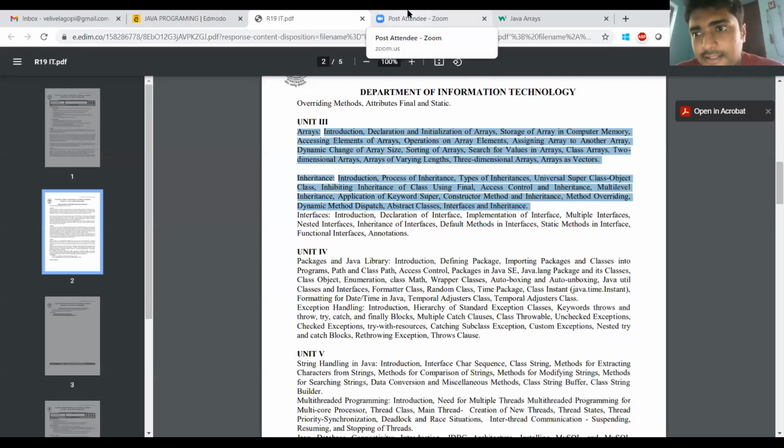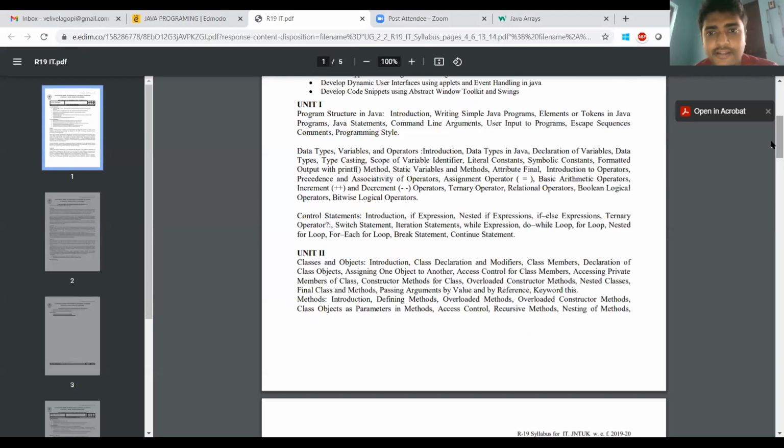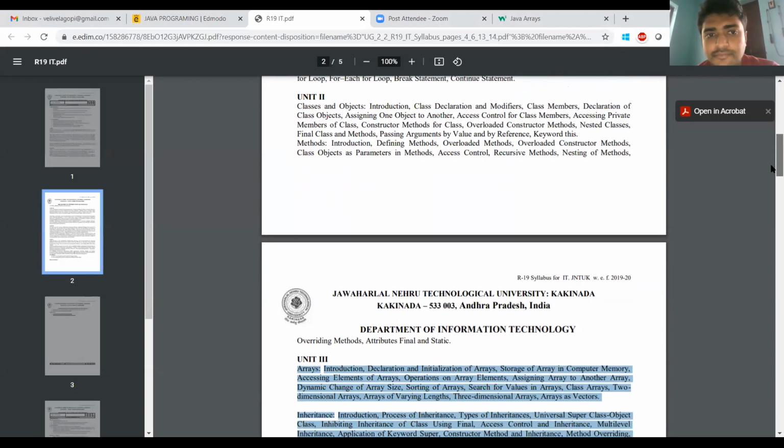So in the previous classes, we have discussed and practiced the basic programs, as well as the looping concepts, the break and continue statements, and the programs on classes, methods, and objects.